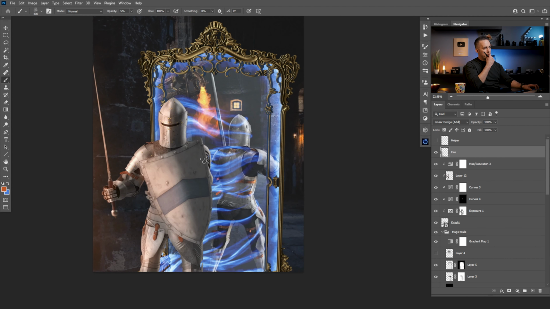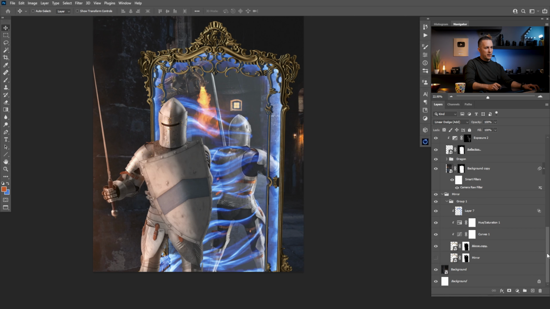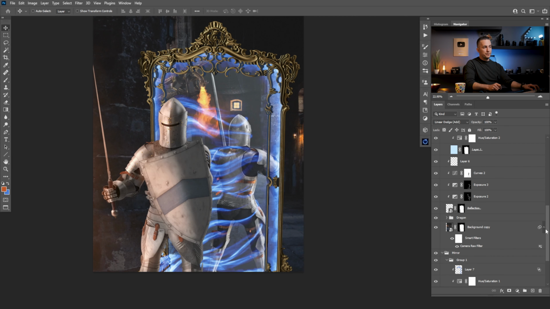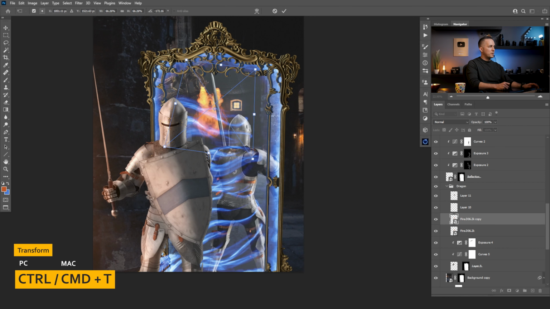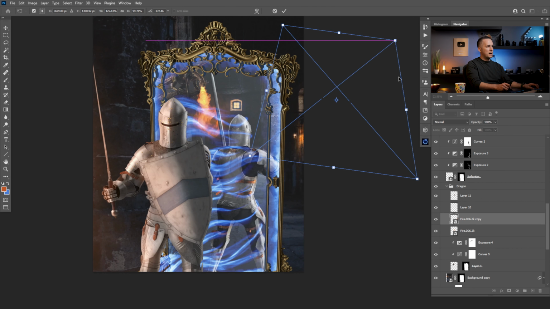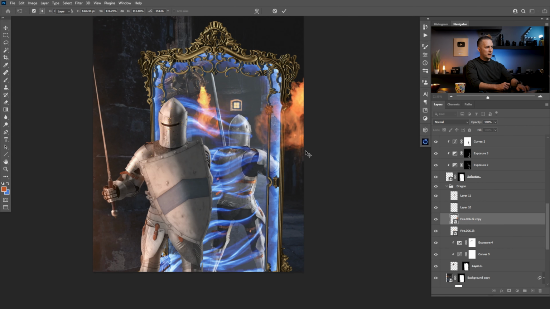So what we can do, we can imagine that there is another dragon on this side and the fire is coming. I just came up with this. I don't know if this will be a good idea or not, but let's see, the dragon is right there. The fire is right there. Let's make a copy of the fire. Control Command T, flip horizontal, and make it bigger. And like if there is a fire coming from this direction right there, we need a mask because it's in the mirror. So actually I need to unclip this. If this is the case,